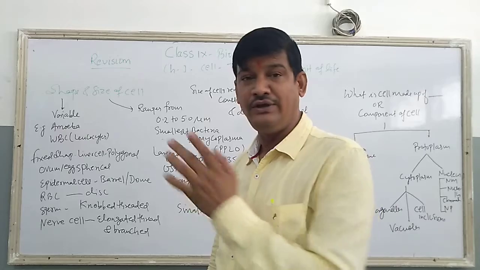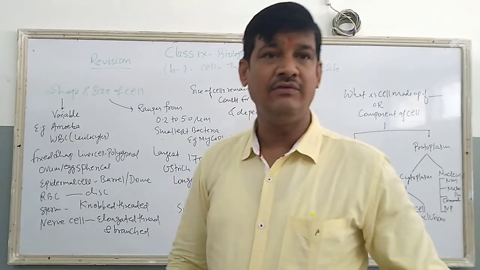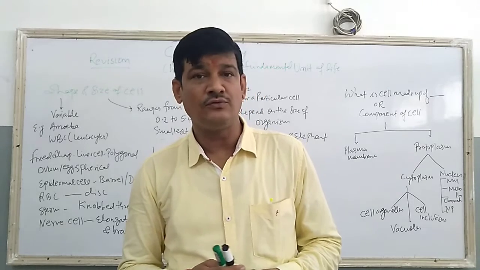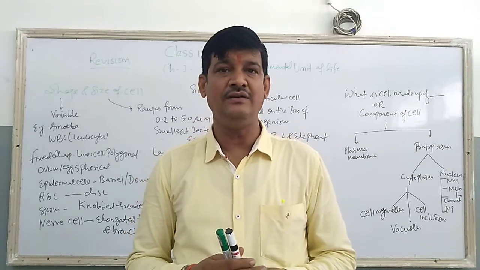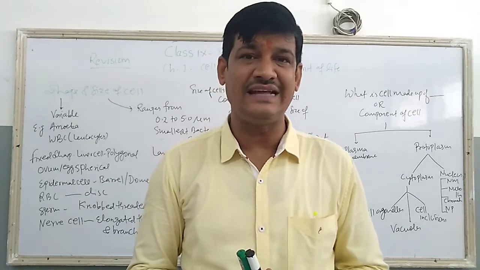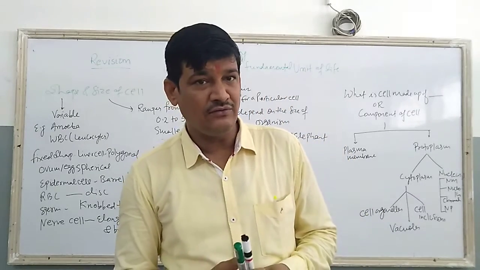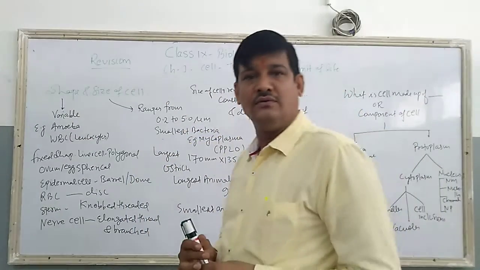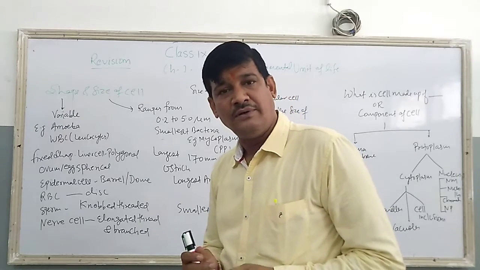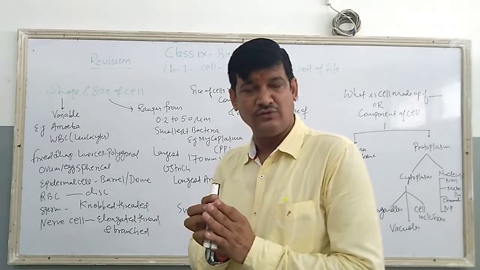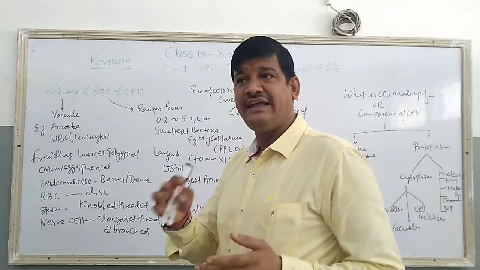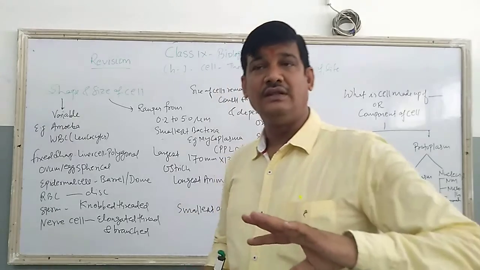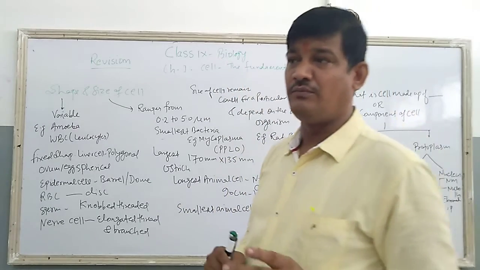Before going to these two topics, I would like to say something about the microscope, because the microscope is a device, an instrument which is used to observe tiny cells. The history of the microscope starts from Robert Hooke. In your book, Robert Hooke made his own simple microscope, but as technical advancement came, we find various types of microscope.